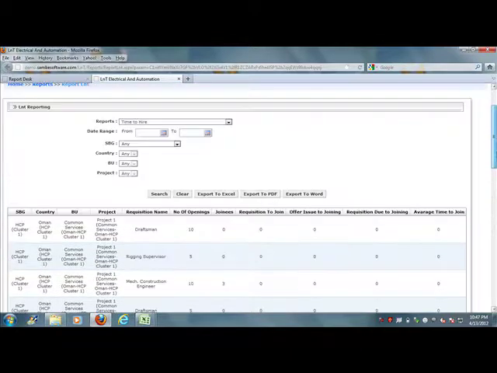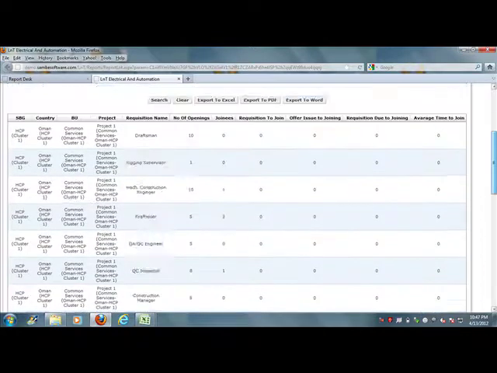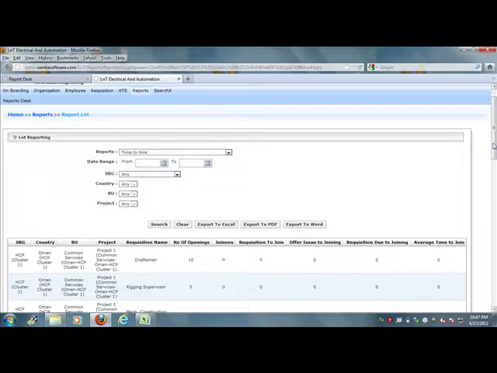So accordingly you can get the results listed down. Under a particular SBG, under a particular country, under a particular BU's project, under a particular requisition name, the openings, joinees, number of people who have joined, number of requisitions created and yet to join, offer letter issued till the joining date, and requisition due to joining, average time to joining. So in this way you can see all reports accordingly.